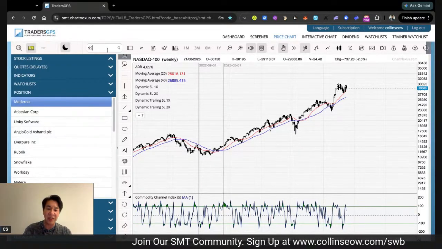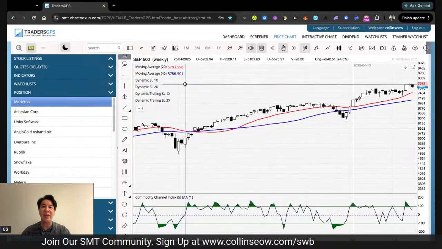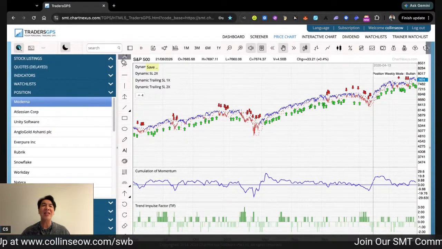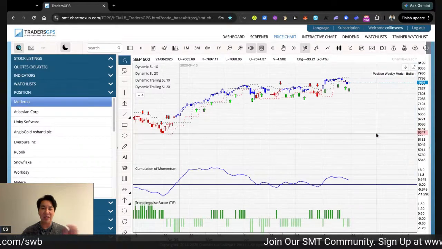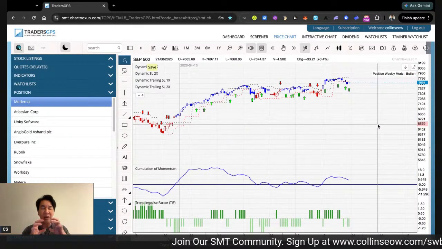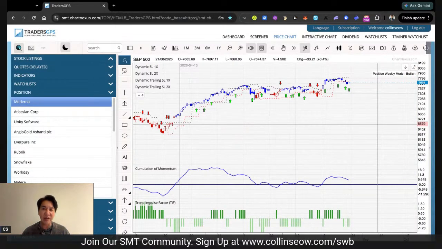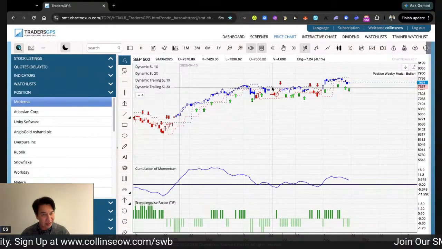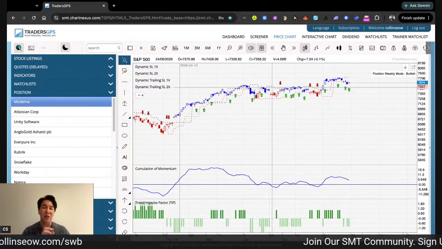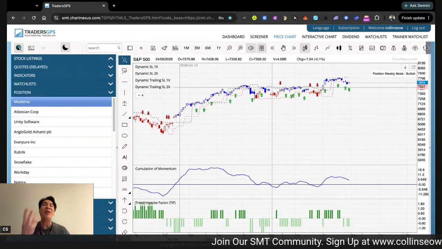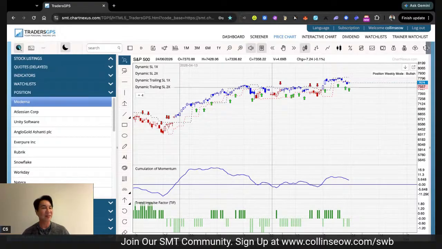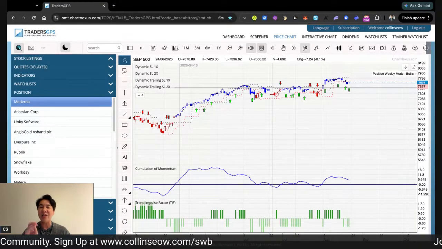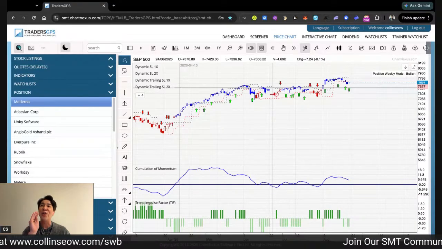So S&P 500 right now, okay, now we go to position daily. Position daily, the concept you must understand. The concept of position daily is not the arrows. It is not the colors. What is the essence? Do you all know what is the most important when you do position daily? It's not the arrows and the colors. The arrows and the colors are to make your trading not emotional.